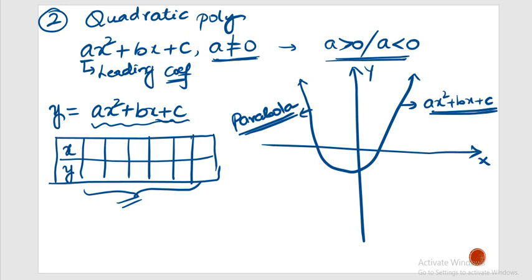A quadratic polynomial will always be in the shape of a parabola. A parabola is nothing but the shape of some u, right? Now, will you always get the same graph? We can't say. There are certain conditions which we need to follow, and based on that we can say the shape of the graph. Now let us see those cases.